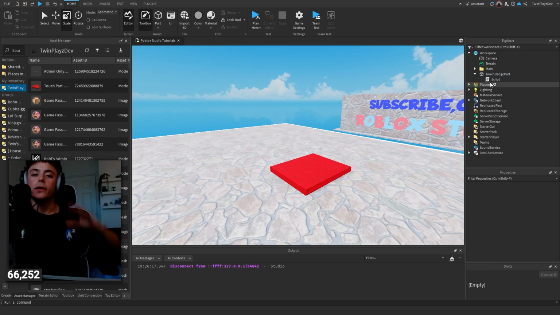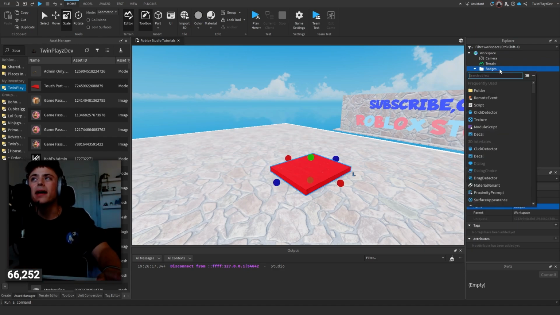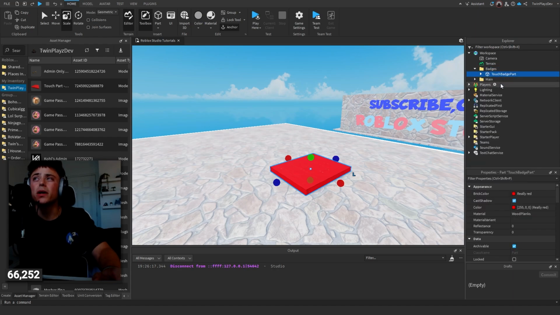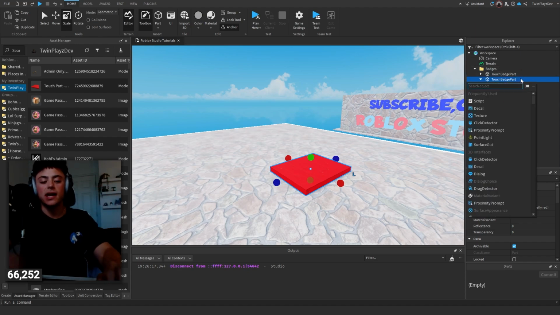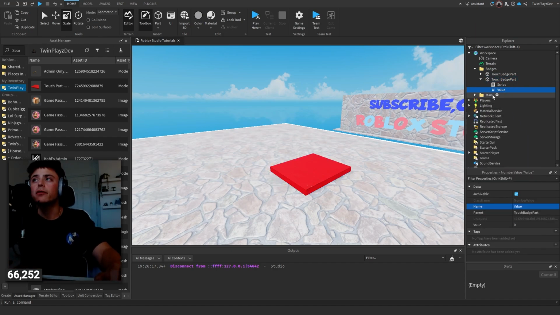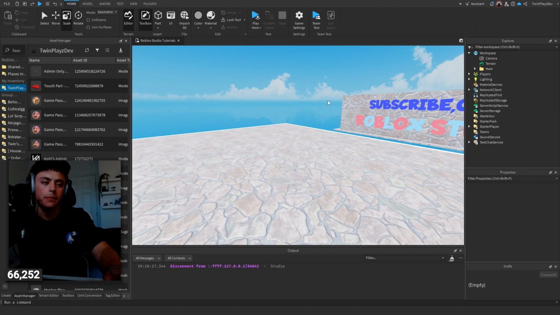Now, like I said, if you want to make it a little more complicated, you can make a folder. You can go into here, you can call it badges, just for putting a bunch of badges around your map. And then you could do each one, you could just name them differently. Honestly, it's probably easier if you, if you want to slow down and not have all these scripts, you could just go through a function that allows you to check each badge, and then you could say, let's just do a value. You can do a number value, and then I could put this in here, and then you could check each part, check the value, and give them based on that. So that's just another thing if you want. Not too crazy, but yeah, you guys,